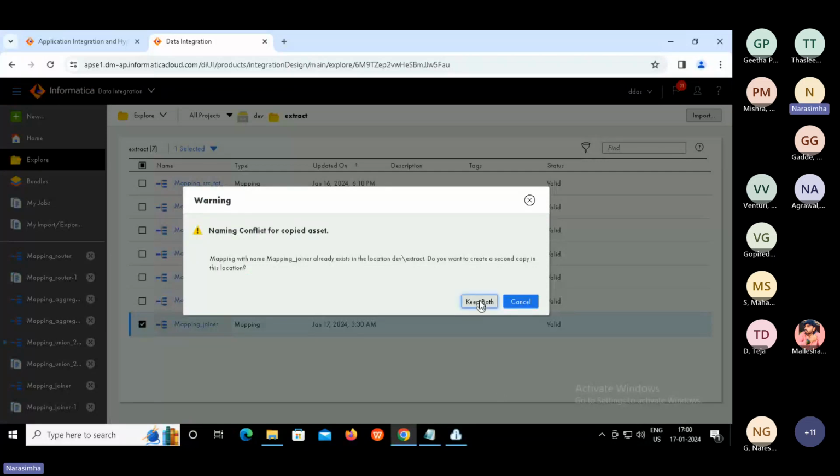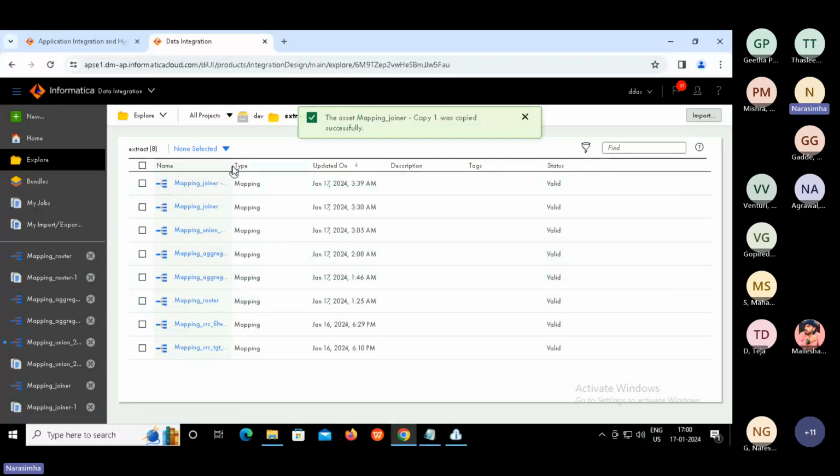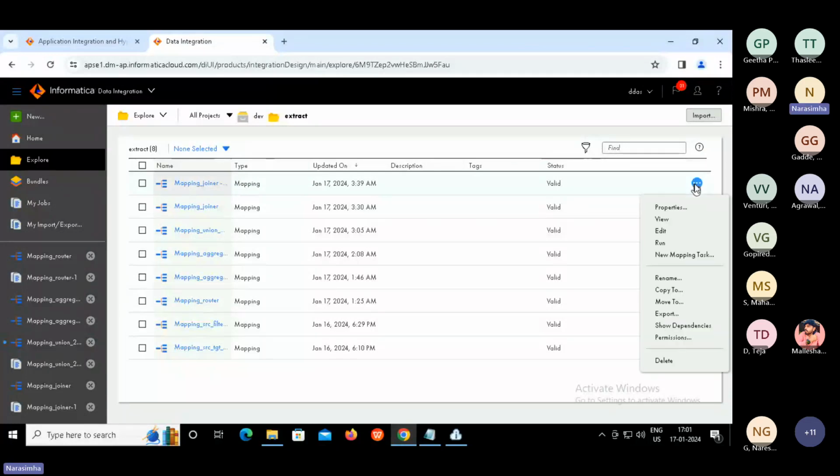See, keep both. So original one, copied one. See here in the top we can see the copied one. Now you can rename this. Again on the right side, click on the three dotted button and select rename.